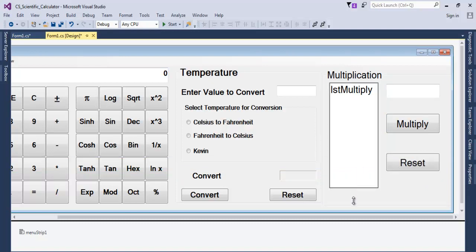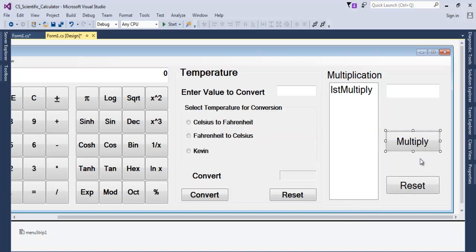Okay, let's move this down a little bit more. Alright, now one thing we need to do is